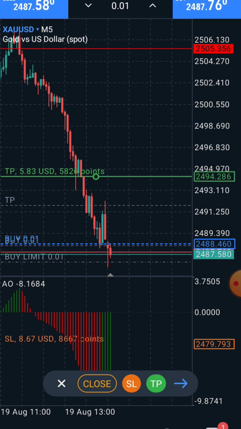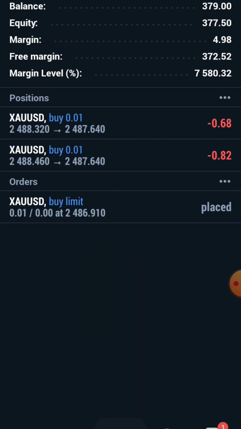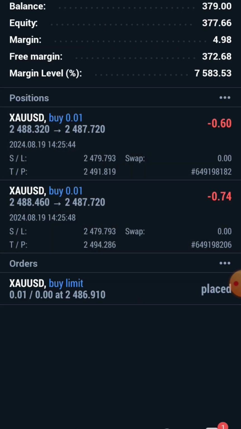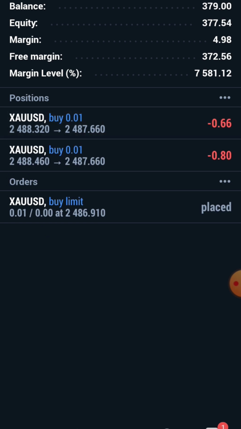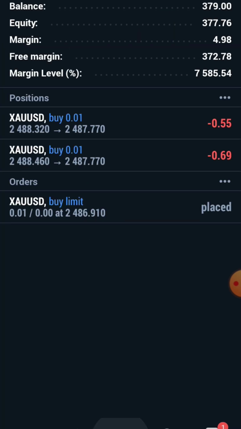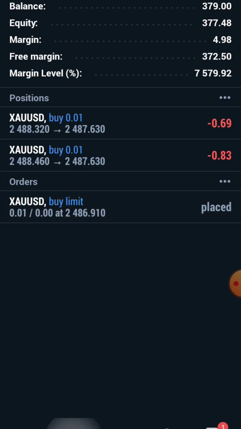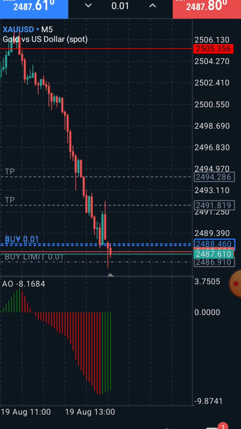So apply your TP where you want, and after you modify, you can see here I have applied my TP. This is for the MT5 platform. If you have MT4, then there is another method to apply SL and TP. You can see my buy limit didn't trigger yet because the market hasn't reached here.